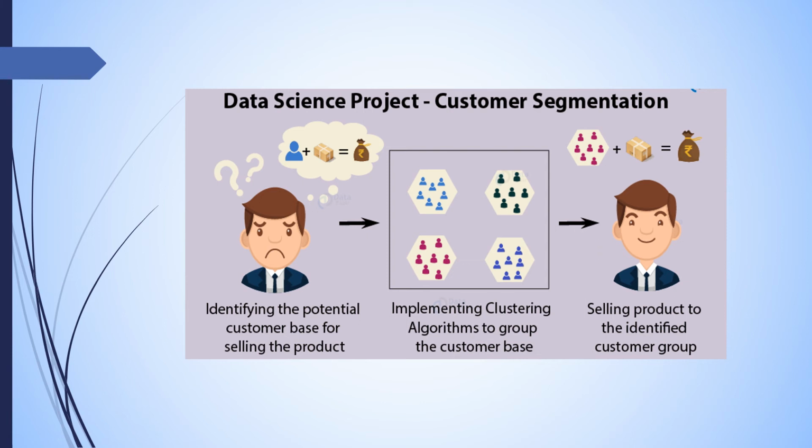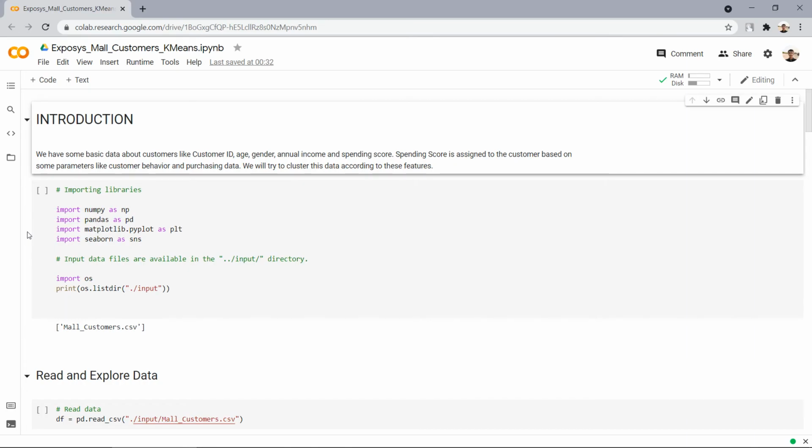Here we use a clustering algorithm known as the K-means algorithm. By this algorithm, we are segmenting the clusters. In this project, we divide a mall customers dataset based on gender, age, income, spending scores, etc. We also visualize gender and age distributions and analyze their annual incomes and spending scores to target the potential user base. So, for this project, we are using Google Colab. Now, let's see the coding part.